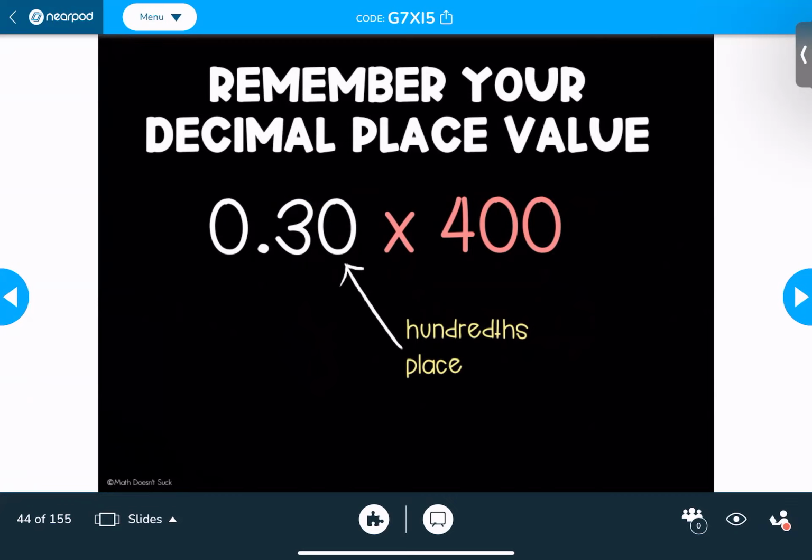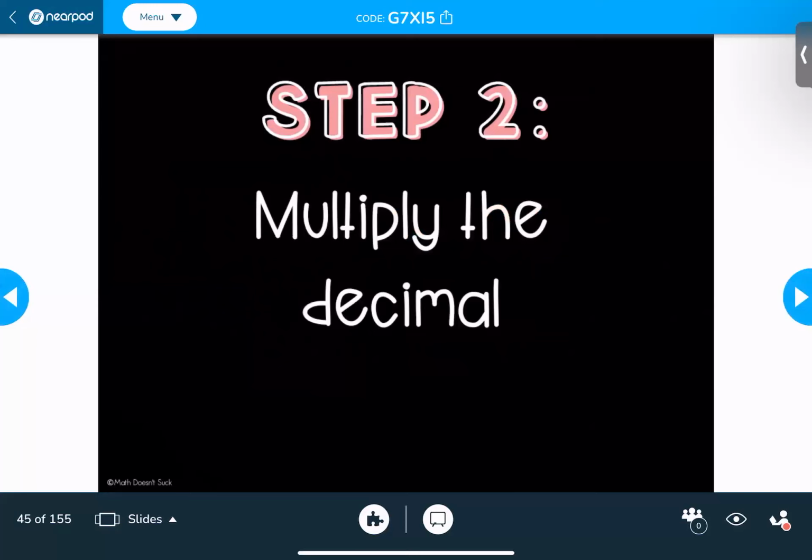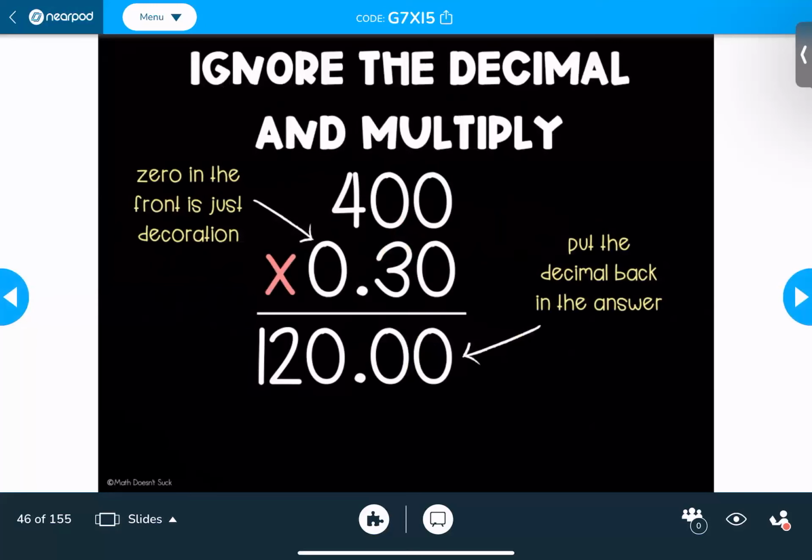Now that we have this set up, we can figure out the percent of the number. So we're looking for 30% of 400, and we're going to do that by multiplying. Remember, we're multiplying by a decimal. Any zeros in the front are just decorations, so we can drop them. We do not need to multiply them out. And we're multiplying this like 400 times 30. When we do 400 times 30, again, dropping that starting zero in the front, we get